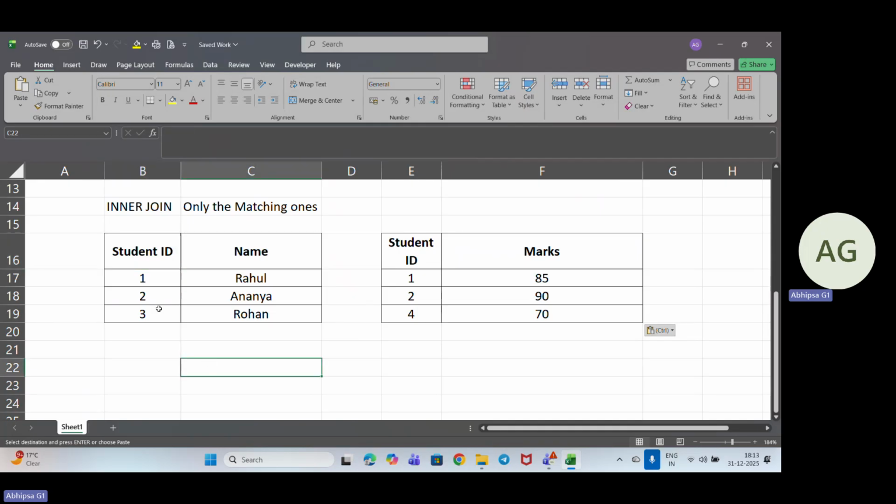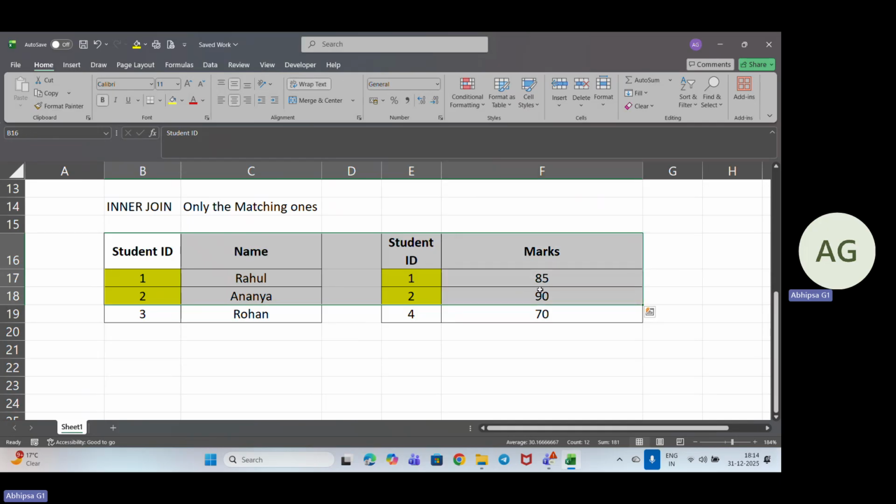So here you can see that if we compare this table and this table, one is here and we can get one here. Coming down to two, two is here, but three is not here, and also four is not here. Three is not available in the marks table, and four is not available in the student table, right? So here the result will come up for them. We will be getting the result like this,